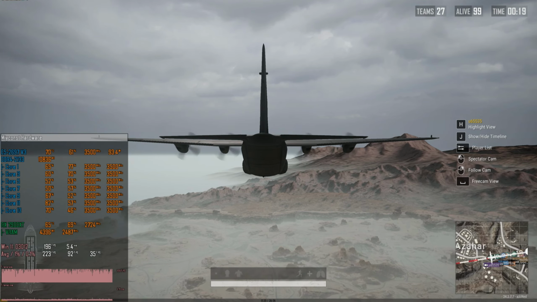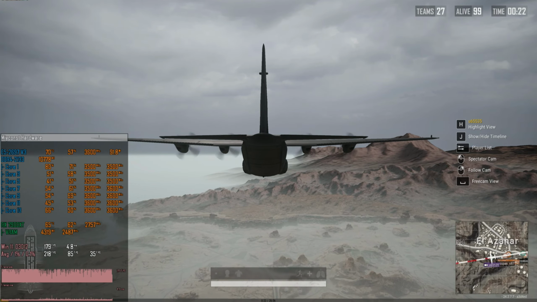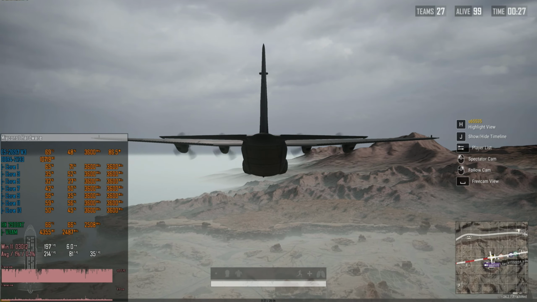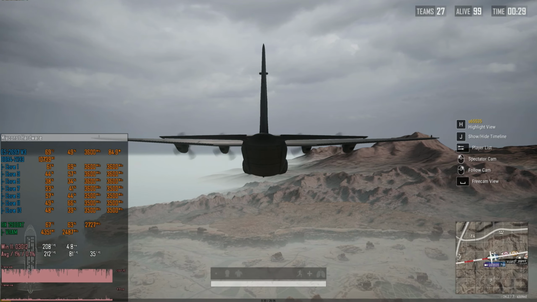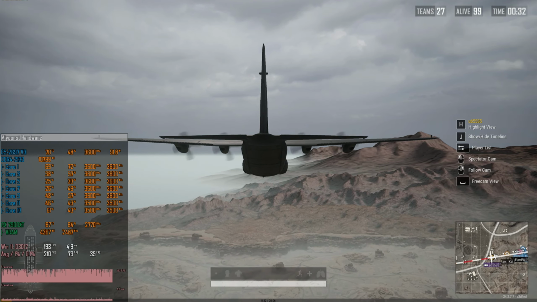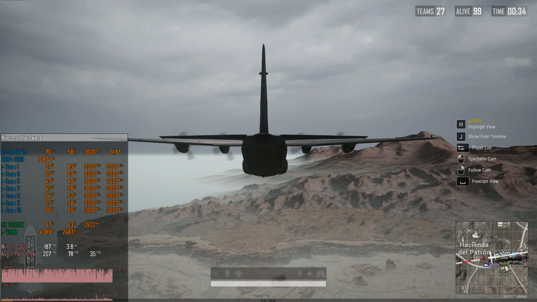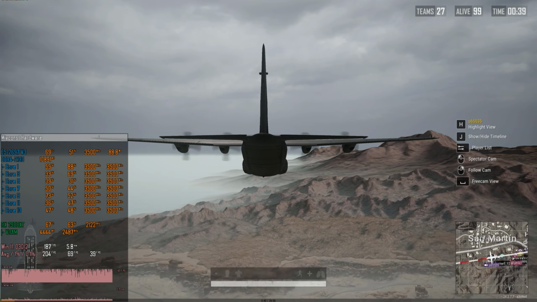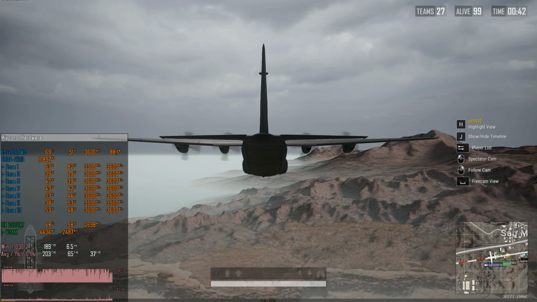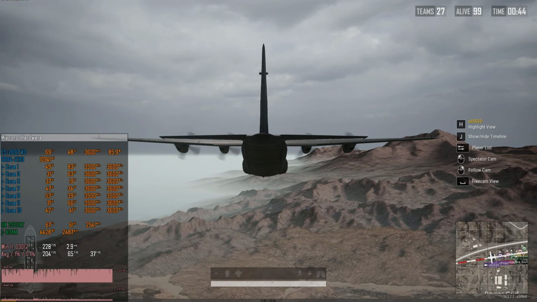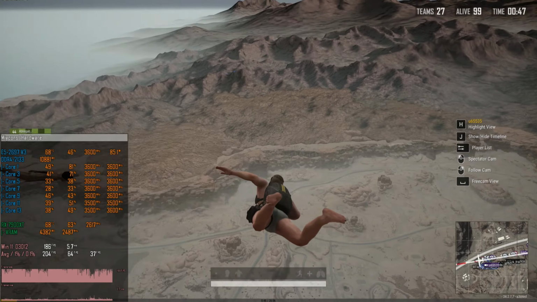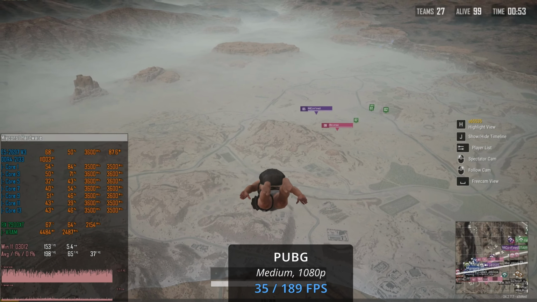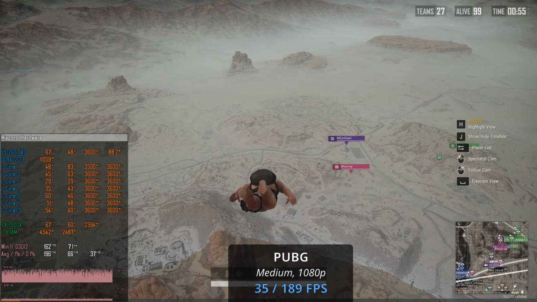The first tested game is PUBG or PlayerUnknown's Battlegrounds. This is a rather old game with almost no optimization. Still, we have got DirectX 12 support here, and I'm going to use this API for testing my CPUs. The good thing about PUBG is that it is possible to save a game replay and then use it for consistent FPS measurements. So, with the Xeon E5-2697 V3, I am getting 190 FPS on average and about 35 FPS